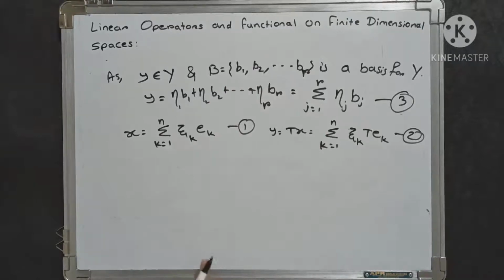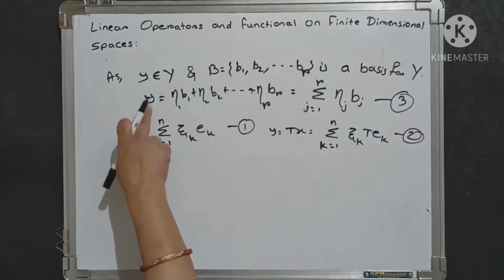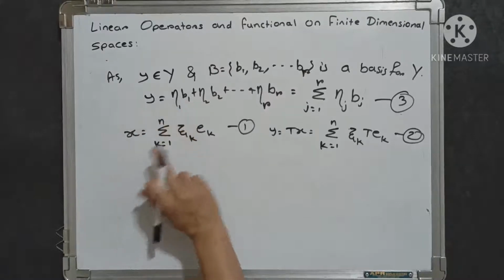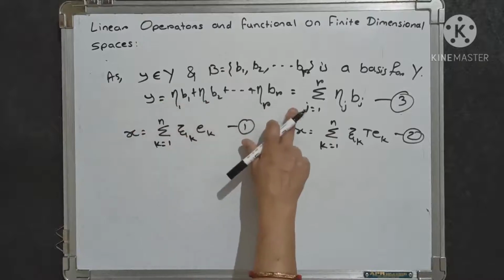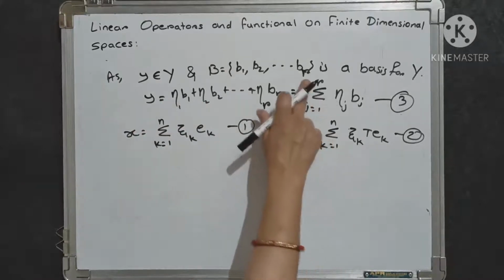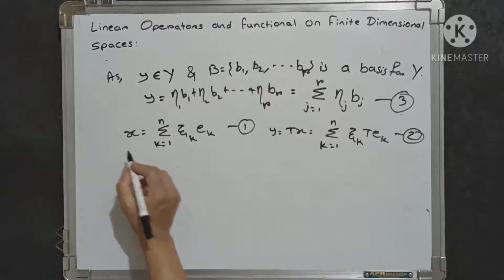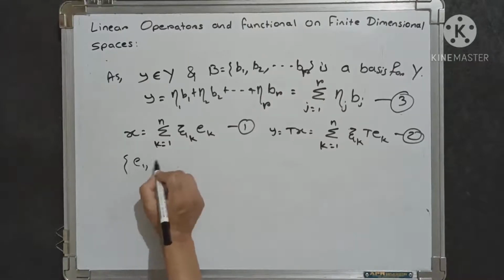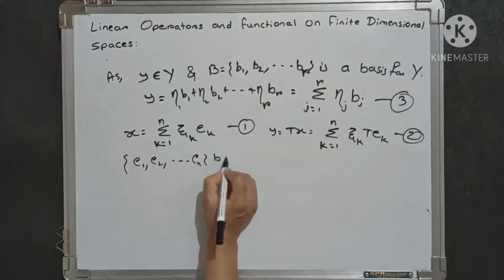Now again here, as y is an element of capital Y and b is the basis for capital Y, therefore we can write that small y has a unique representation in terms of the basis b1, b2 up to b_r, and we write y equals the summation over j running from 1 to r of η_j b_j. Now in the same way, e1, e2 up to e_n is the basis for